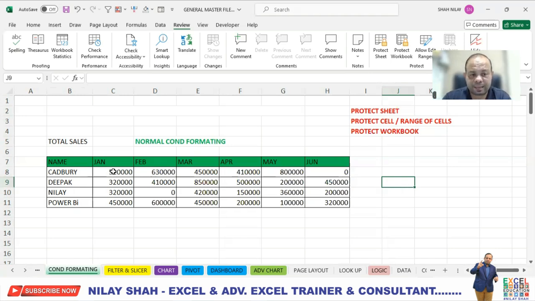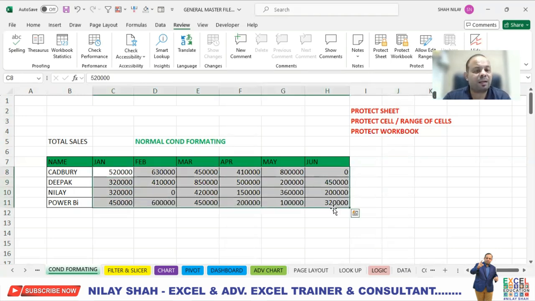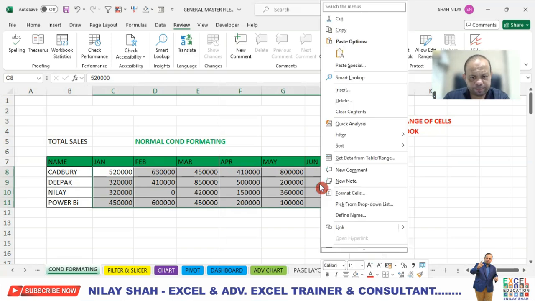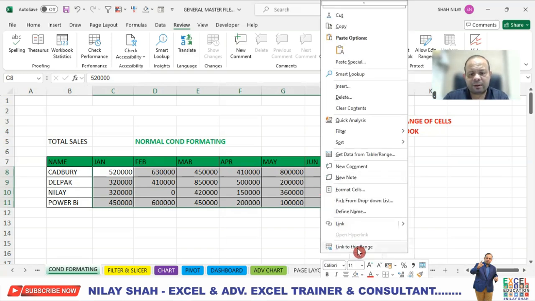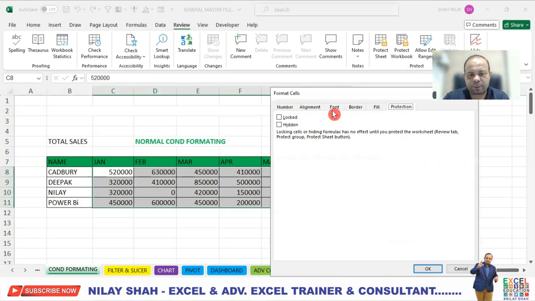Now what do I have to do? I want to protect this much of data, so I've selected my range. Once again, the data that you want to protect, it may be one cell, it may be a range, it may be a full column or full row. Select that range or select that cell. Then right click, then once again, as usual, click on Format Cells, Protection, and